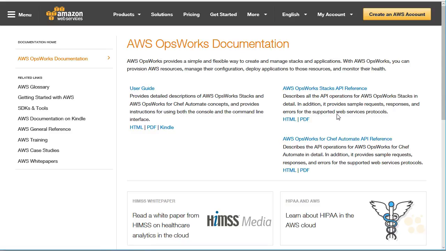So notice we can get easy access to this documentation, and for the user guide, they even are kind enough to provide a Kindle format. Imagine that. Amazon's creator of the Kindle, so they give us a format for that document right there on the documentation page. So keep this in mind as you're looking for even more information about certain services that may be mission critical to you at this time.